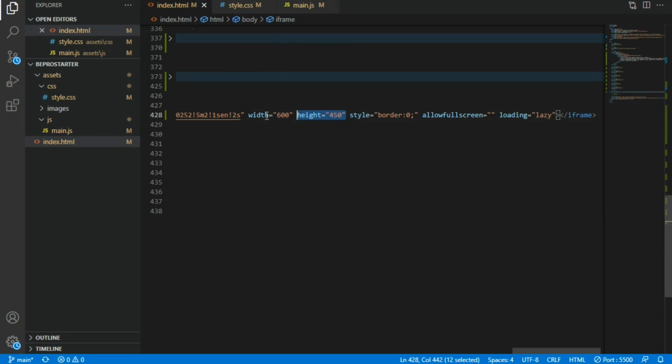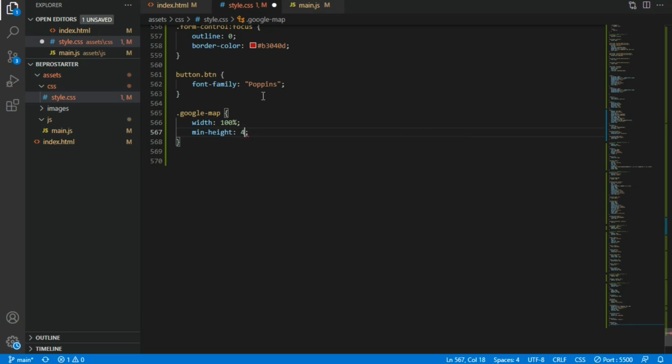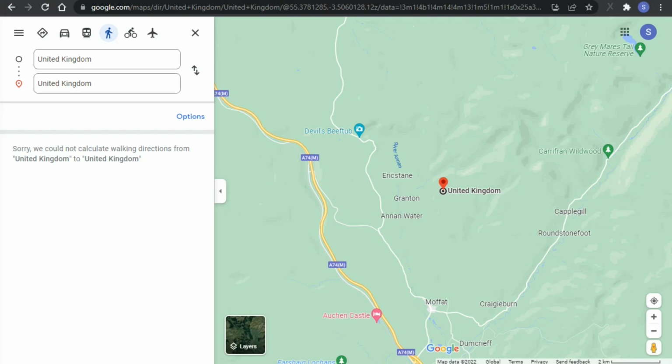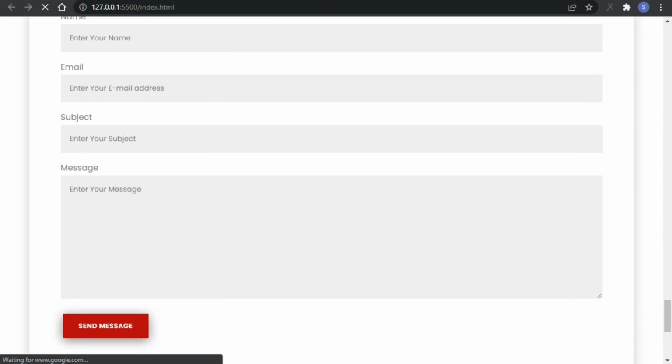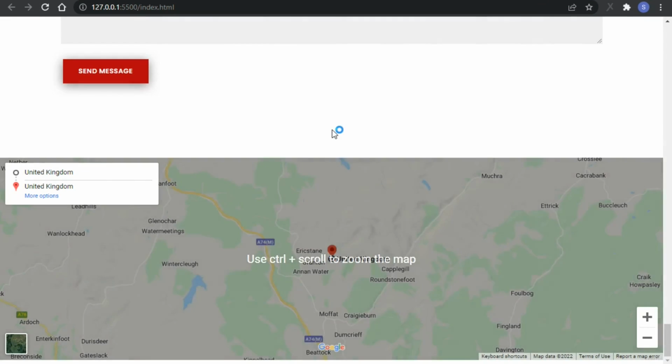Okay, I'm going to remove this width and height, and I'm going to give a class Google Map. Okay, so I'm going to target the Google Map class. I'm going to set the width to 100%, and I'm going to give minimum height like 400 pixel. Save it, and let me refresh the page. Okay, so as you can see, we have this map,